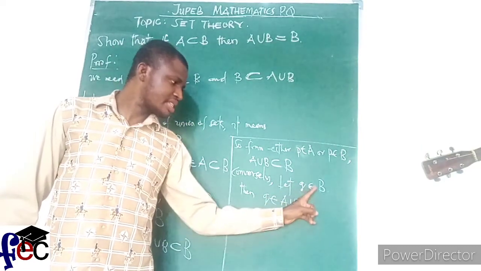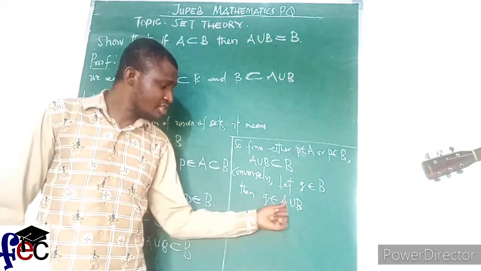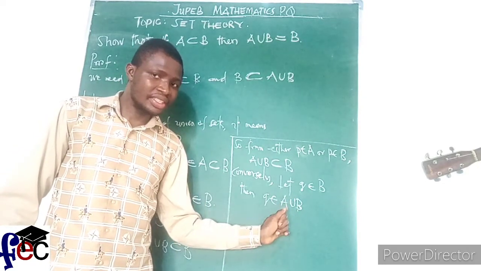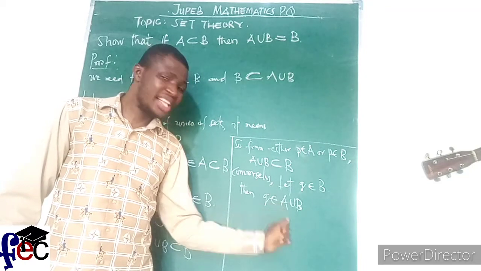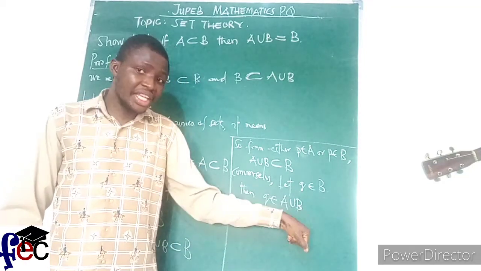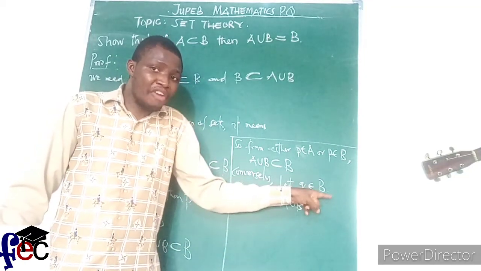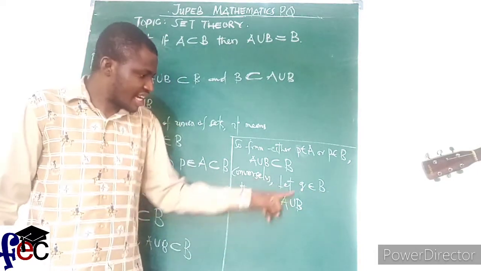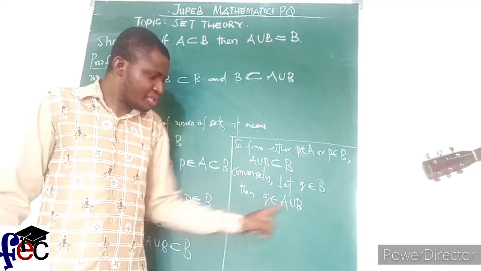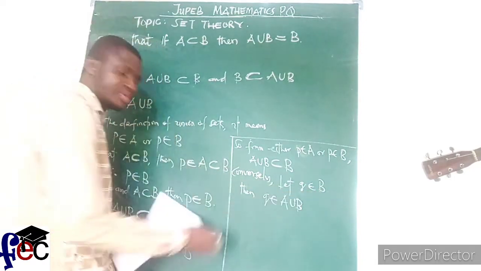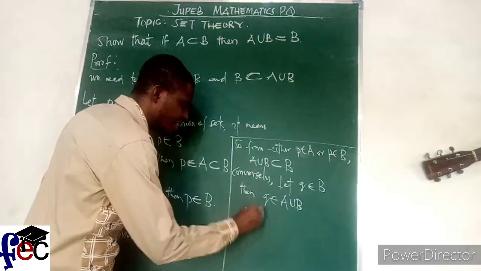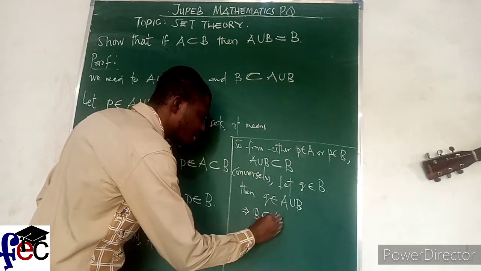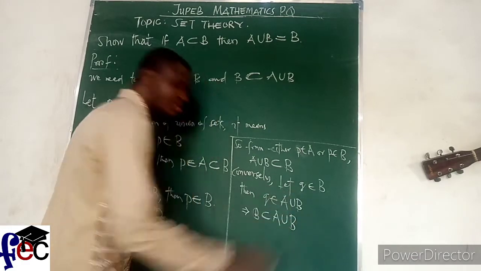If Q is a member of B, and I take the union of A and B, which says elements in either A or B, and since Q is a member of B, in this union I must find Q there. So you can see that Q is a member of this, and Q is also a member. Definitely this one will be a subset of this. It implies that B is a subset of A union B. What's it done?